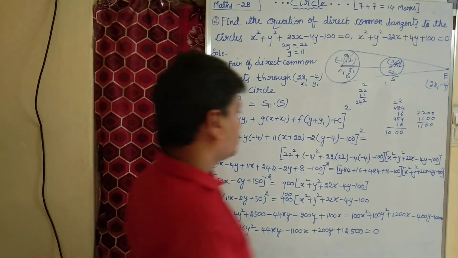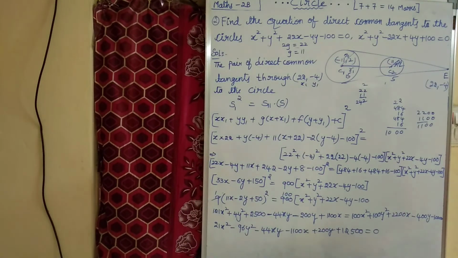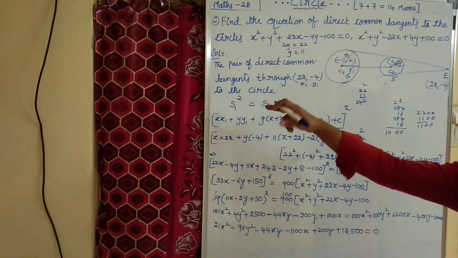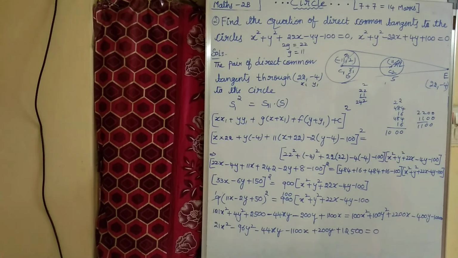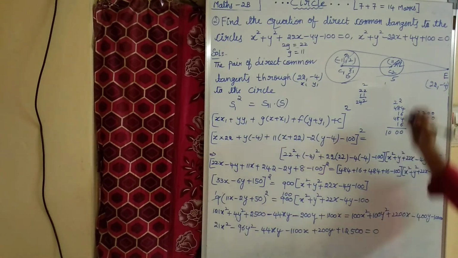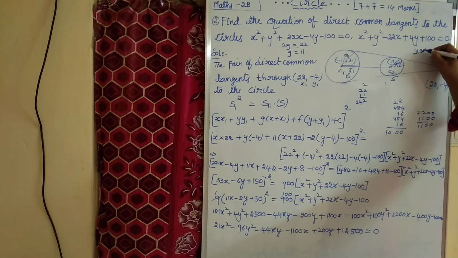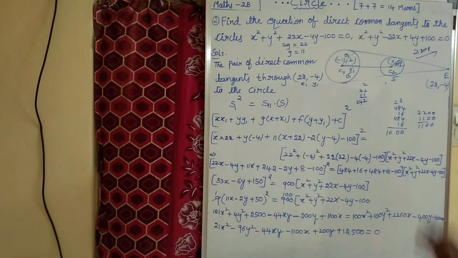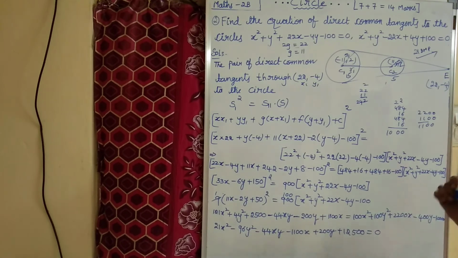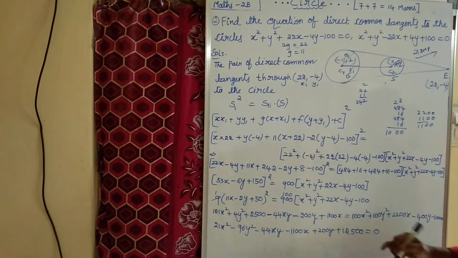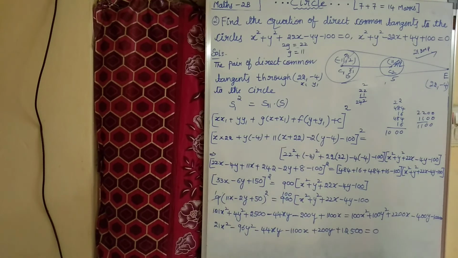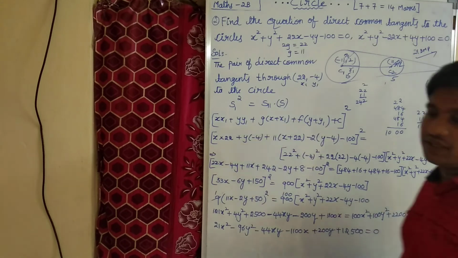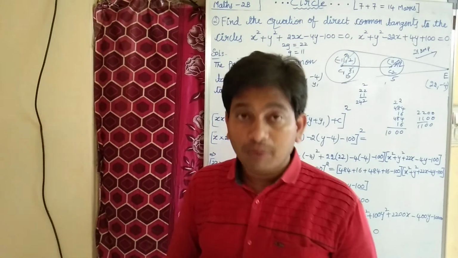So children, in the calculation part we need to be careful. Slowly we have to do. That is the pair of direct common tangents to the circle, S1 square equal to S11 into S. Actually, this is a 21 board model paper question. Damn sure they'll ask this question. No doubt at all. Okay, children. This part you have to practice twice or thrice after watching the video, so that you can do it in the exam easily. So children, this is our second method, 7-mark problems.